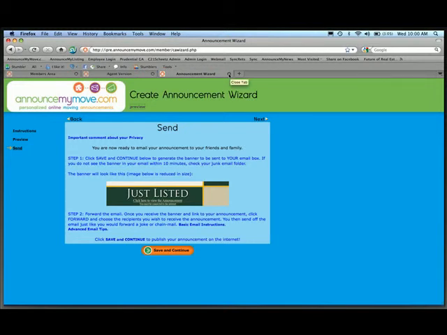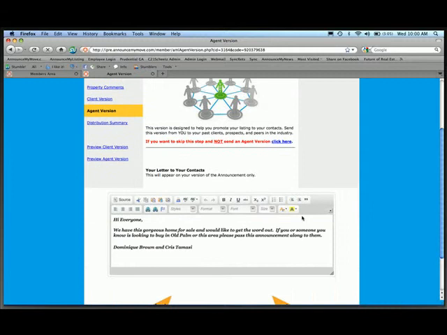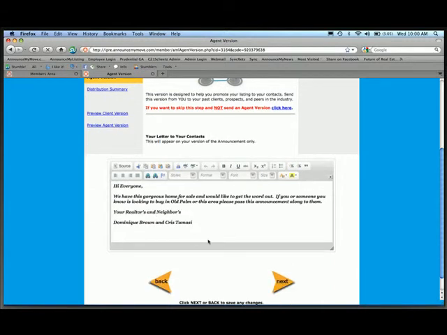Now, the next section is the agent version. So we did the client version. Here's the agent version. Now, we're not going to write a letter for you. This is for you to write your own personal message if you choose to. If you choose not to write a personal message on the page, then we're simply going to display the property comments, okay? But if you'd like to write a little personal message the way Dominique and Chris did, this is